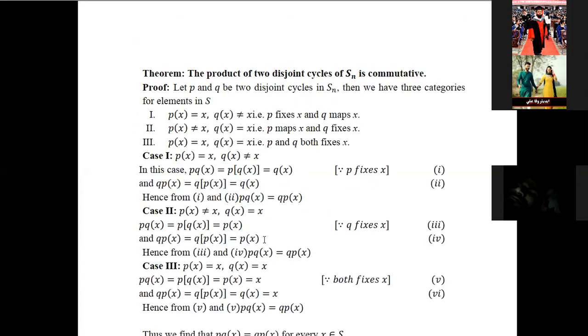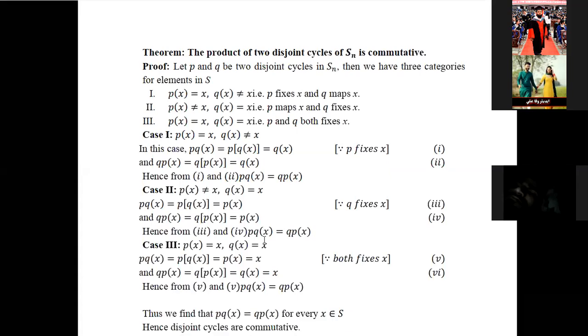Okay. Now another important theorem: the product of two disjoint cycles in Sn commutes. I told you before, if two cycles are disjoint, they must commute, and it means if alpha equals 1, 3, 5 and beta equals 2, 4, both belong to S5, then show that alpha beta and beta alpha are the same. Now this is a very simple computation. You multiply both, you will get the same result, because 2, 4 and 1, 3, 5 are both disjoint cycles.